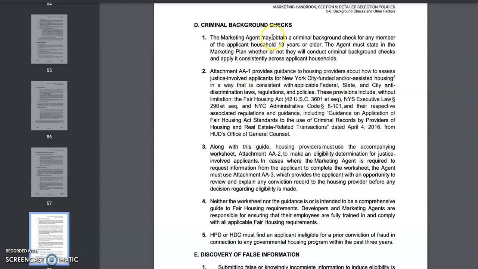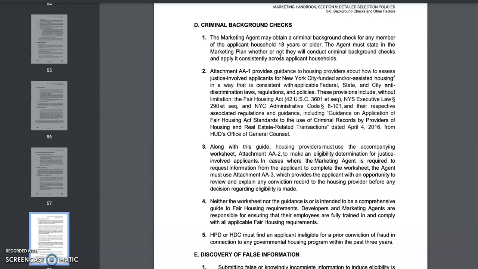Everything. Criminal background check. A lot of you guys often have questions about criminal background check. This is the section for you. I know sometimes the language is vague, so if you guys read it and you still don't quite understand, you could drop it in a comment and I'll try to explain it, because I know how these languages are sometimes.